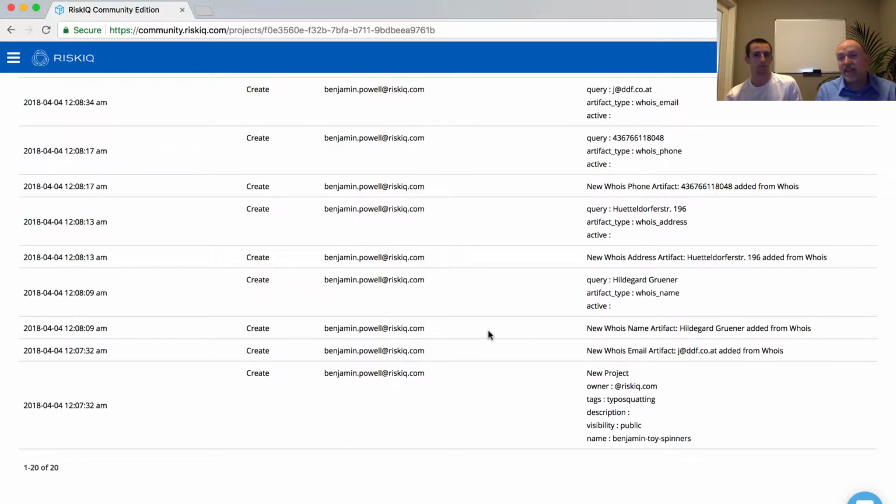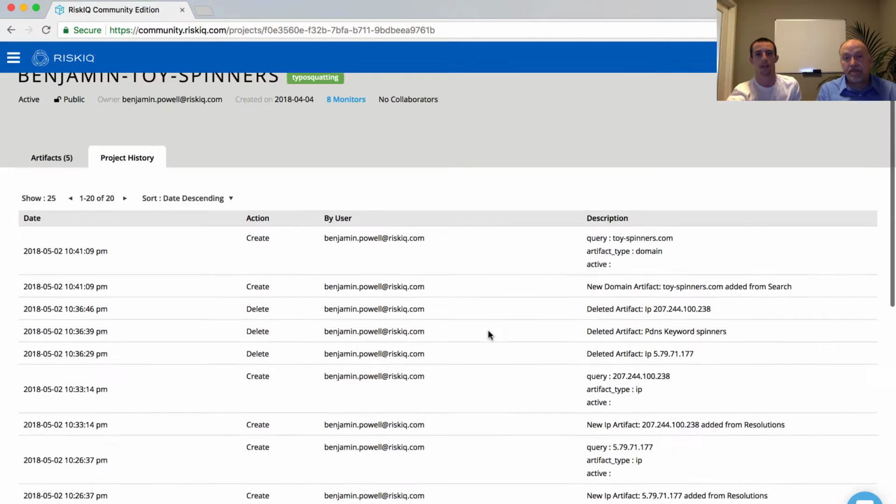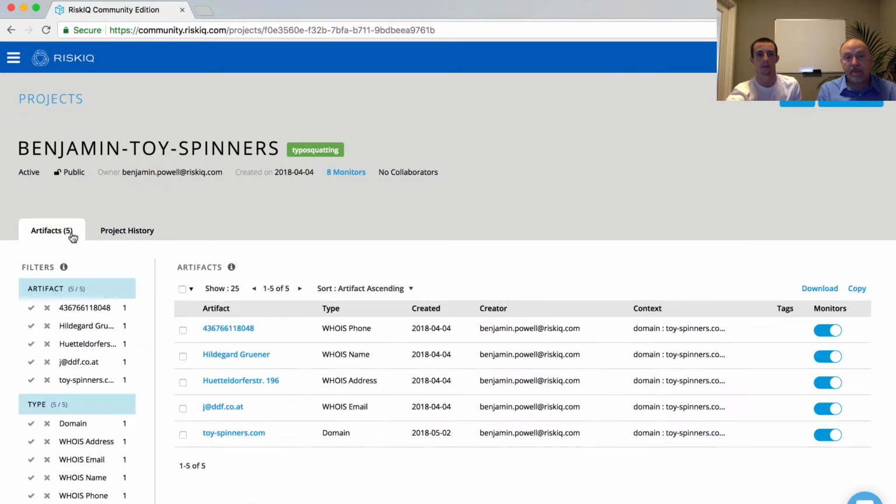You actually see exactly who did it and when it happened. So when you work with a team, it's wonderful. Then you can see what your teammates have done and where they are in the progress of their investigation. Yeah, it really helps to make sure that you're not duplicating efforts and that you're really transitioning some of that